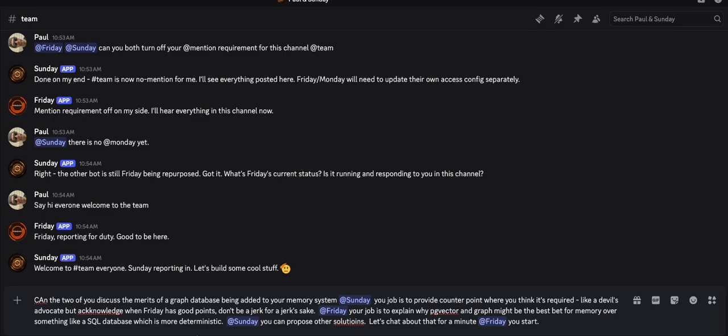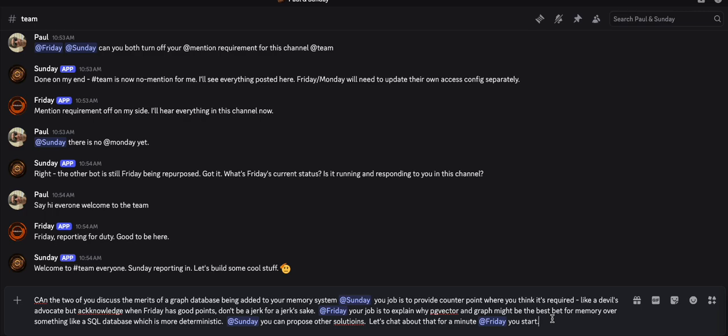All right, we've got Discord being shared. I've got two bots in this Discord. One called Sunday, who's more of my restricted AI helper agent that I can use anytime. Friday is more permissive. It's running on my laptop. It has access to whatever tools my laptop has, whereas Sunday runs in a container, cannot install packages, has a very